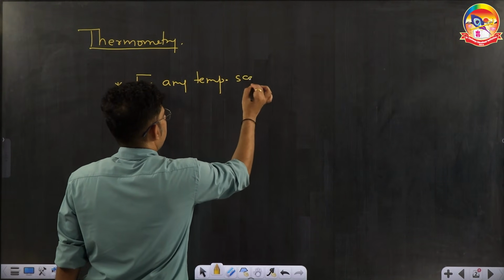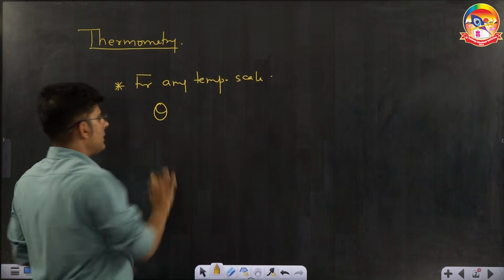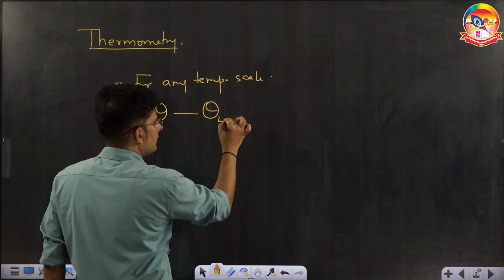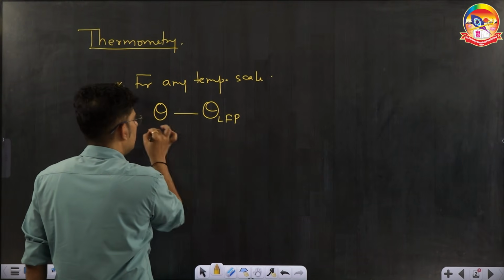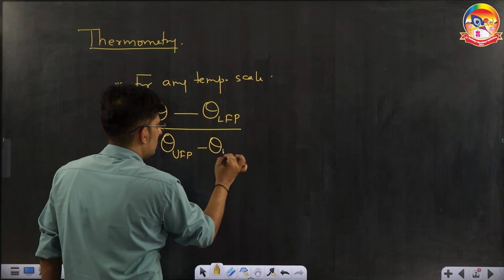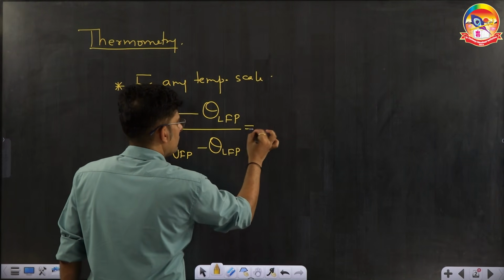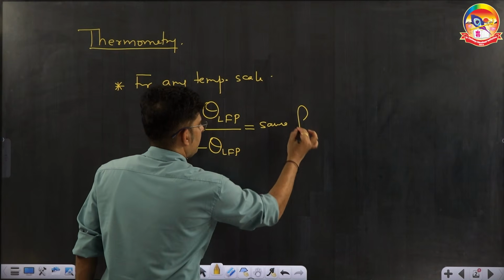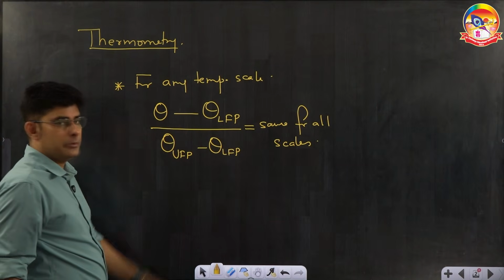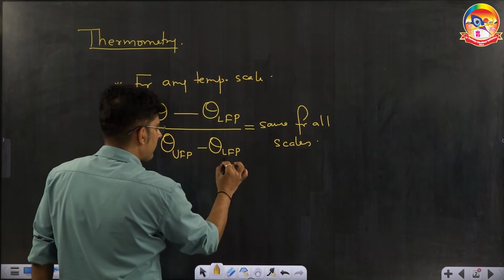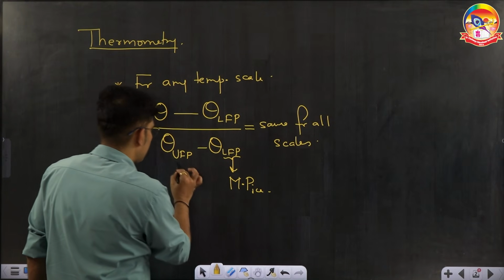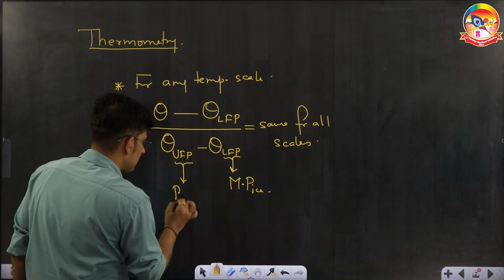temperature scale, whatever temperature you are measuring by that scale, theta minus, there we take two standard or reference temperatures which are called the lower fixed point and upper fixed point. So this value is the same for all scales. For every scale this value will be the same. So LFP, lower fixed point, we generally take as the melting point of ice, and the upper fixed point we take as